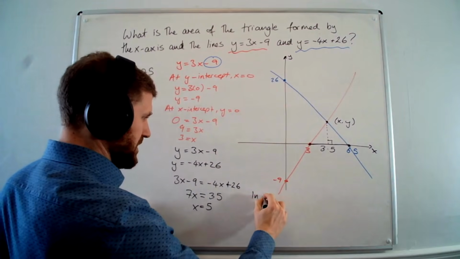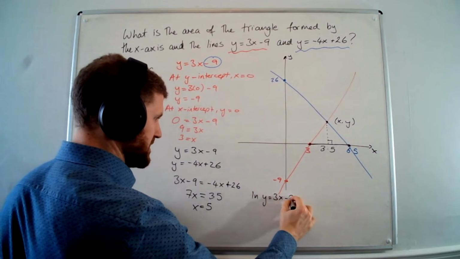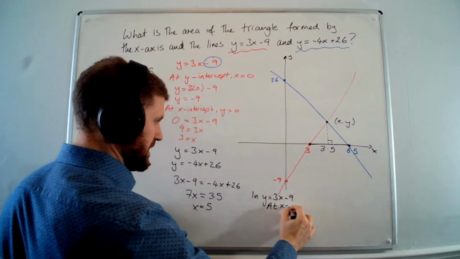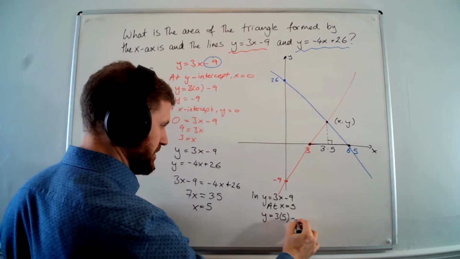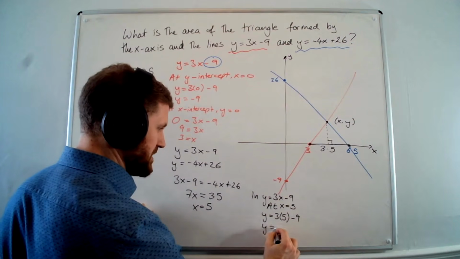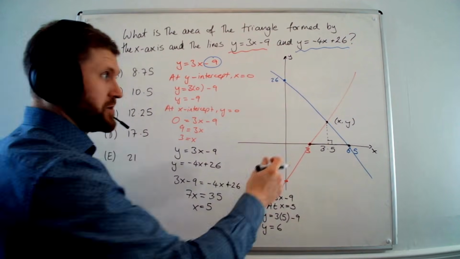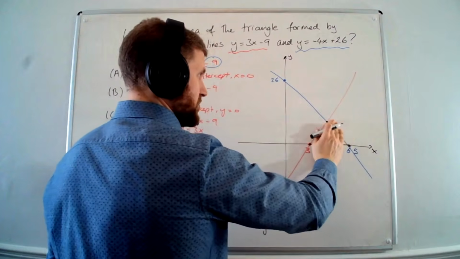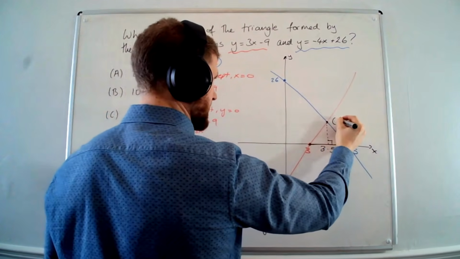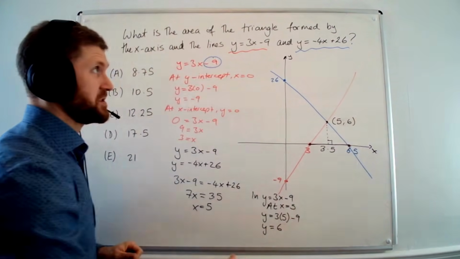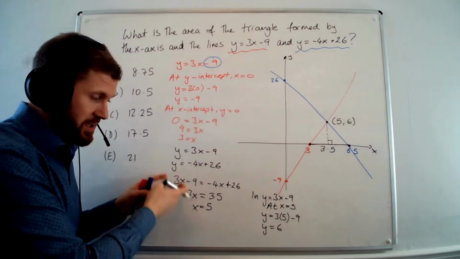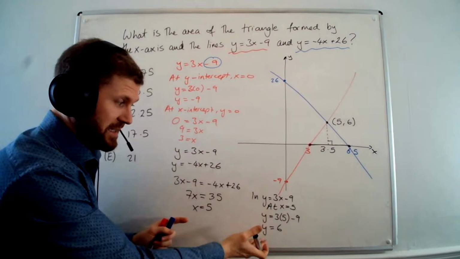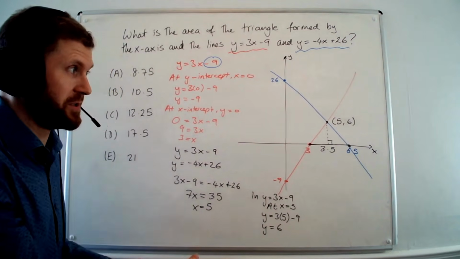So in y equals 3x minus 9 at x equals 5, I get y is 3 times 5 minus 9. 15 minus 9 will give me 6. So the coordinates of where these 2 lines cross are going to be 5, 6. All right, I don't necessarily need the 5. It was just something I found on the way to getting the 6, which is what I really wanted,